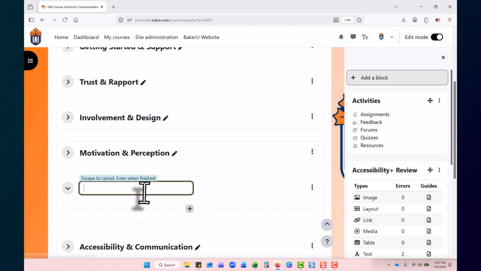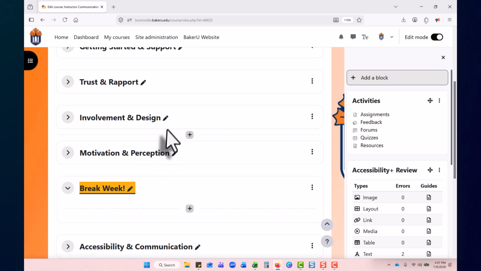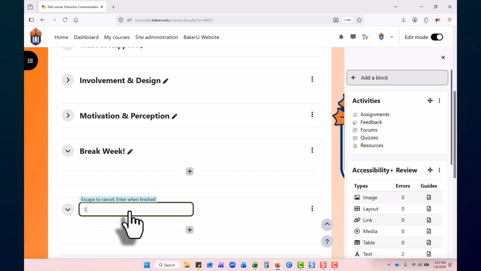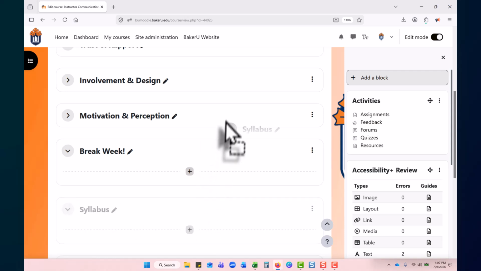This is also good if you want something else at the top for some organization. If you want to add your syllabus here or just some more resources for your students, or even at the very bottom if you have some final resource, then you can add that here. And so that's really easy to